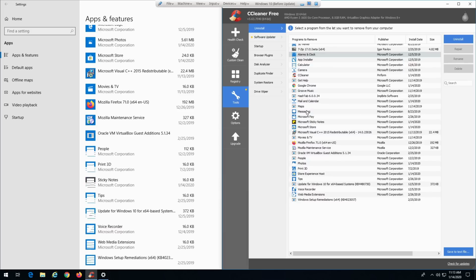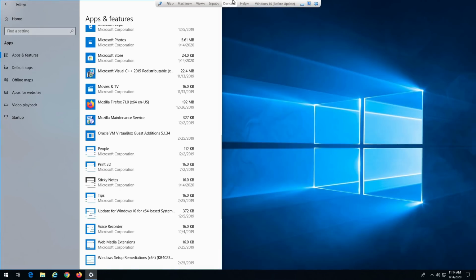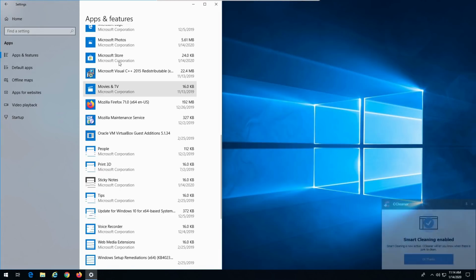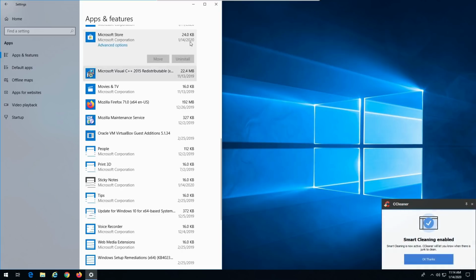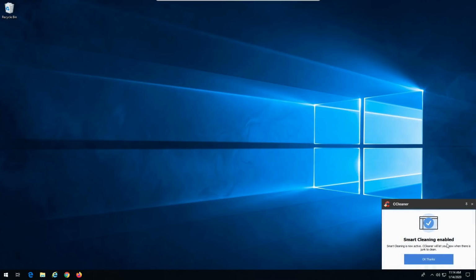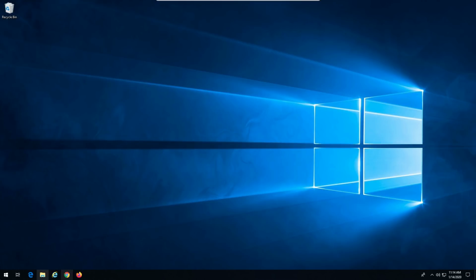You can even remove the Microsoft Store from CCleaner if you want. You can do that. It's over here somewhere. Where'd it go? It's Microsoft Pay. Yeah, I won't be using that. Microsoft Store. So if you're not even interested in using the store, you actually can get rid of the store now inside of CCleaner. So that's good news. But if, again, from Microsoft, you really can't. Oh, no. Give me the please disable. I don't even want to push OK, thanks.